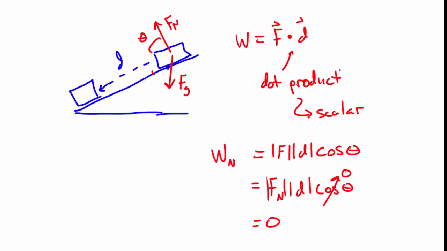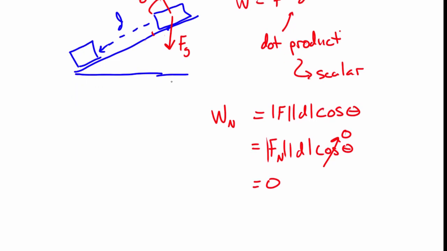And the work done by gravity, since the angle between gravity and the displacement vector is certainly not 90 degrees, is non-zero. Right? So the fact that we use the dot product allows us to capture those things. Okay, now to take that a step further,